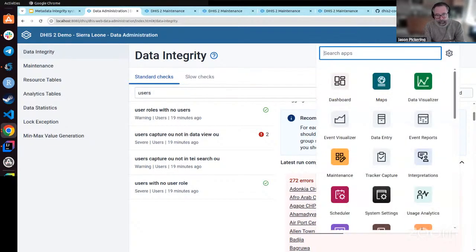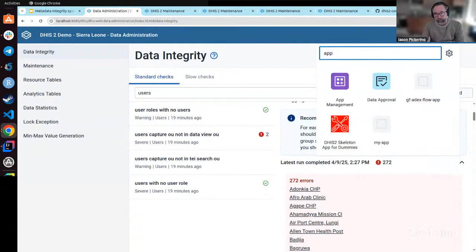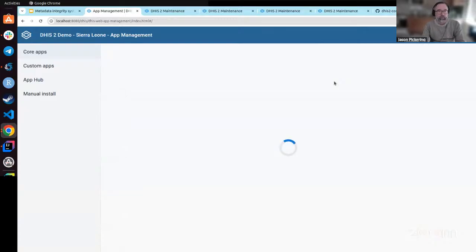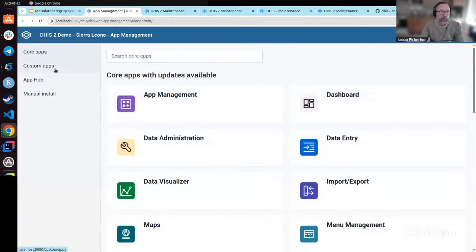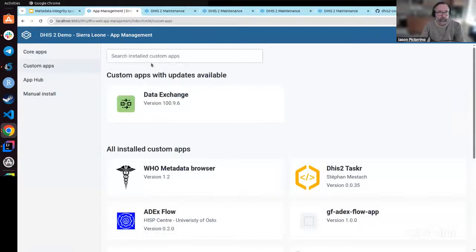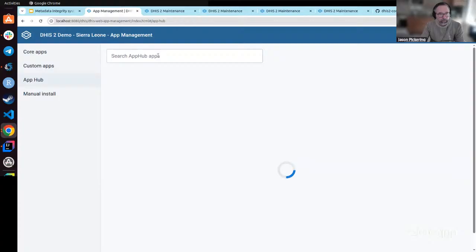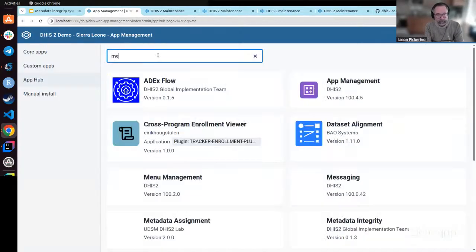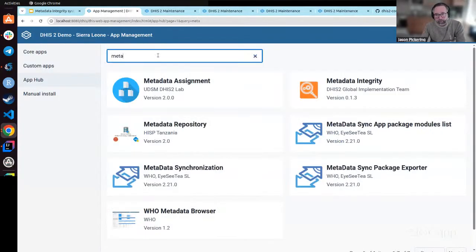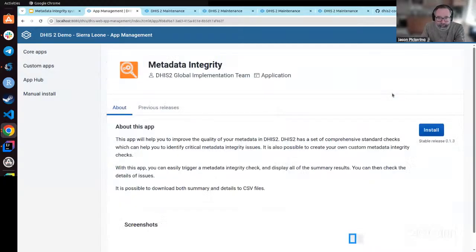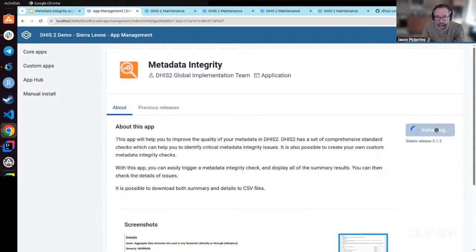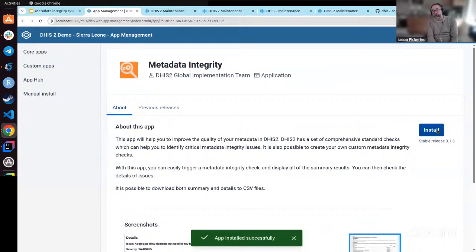The other thing that I did want to cover is I know that not all of you are working on, say, version 41. We do have a custom app available in the App Hub, and you can just go to the App Hub and search for metadata integrity. You'll see this. So this should work on version 39 and version 40. It's not necessarily on 41,